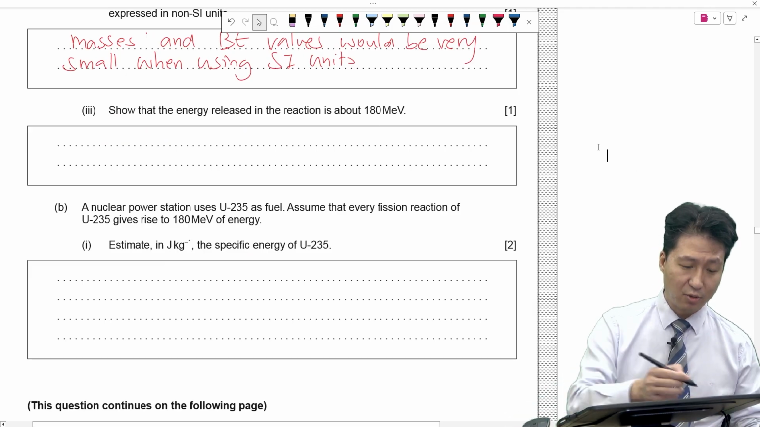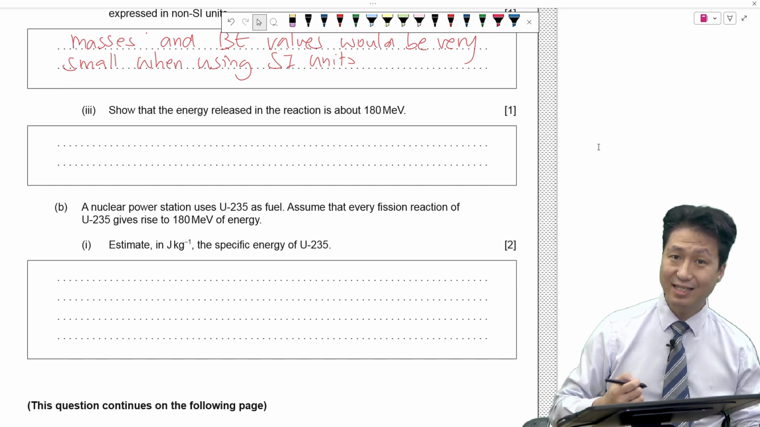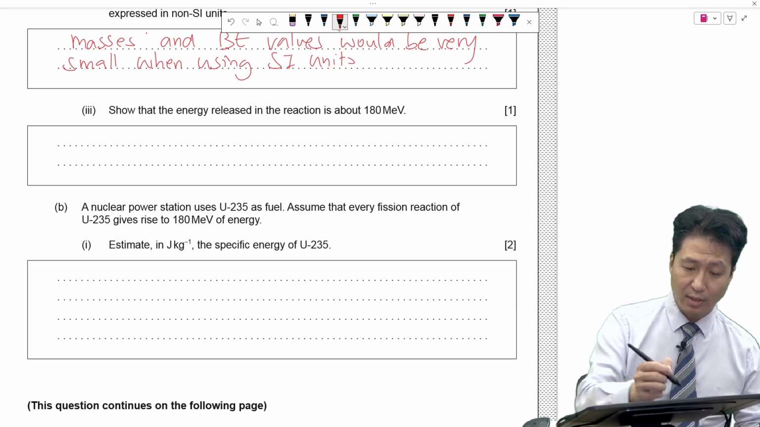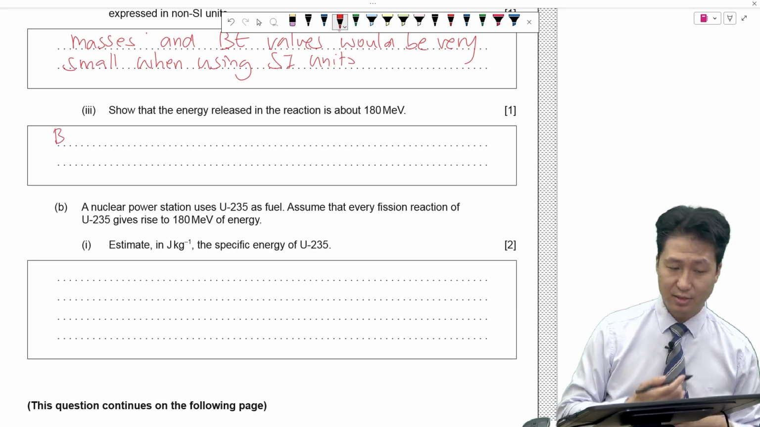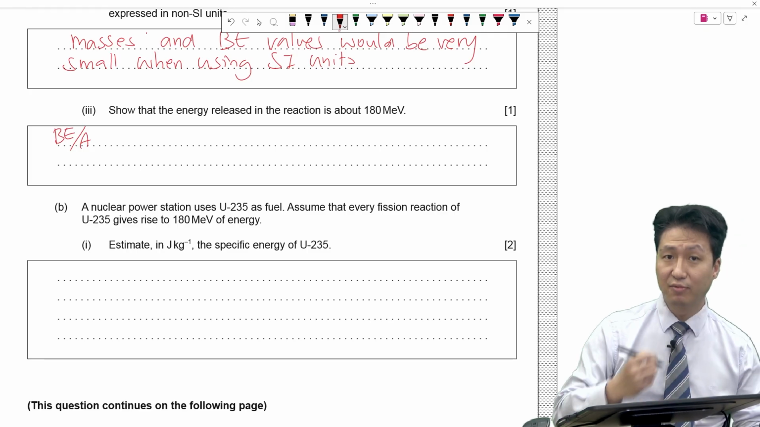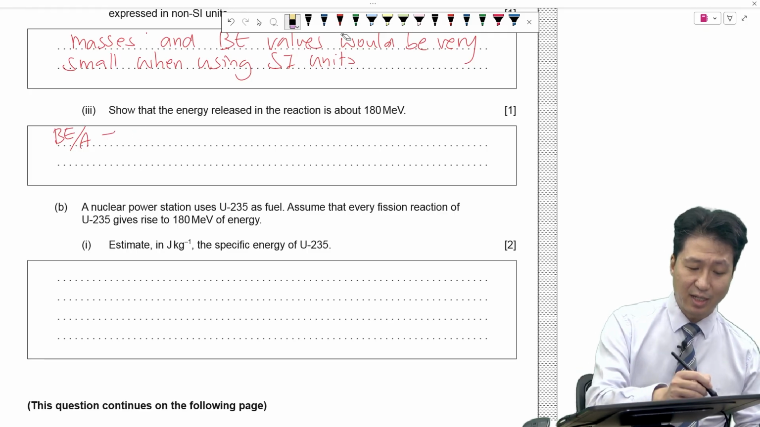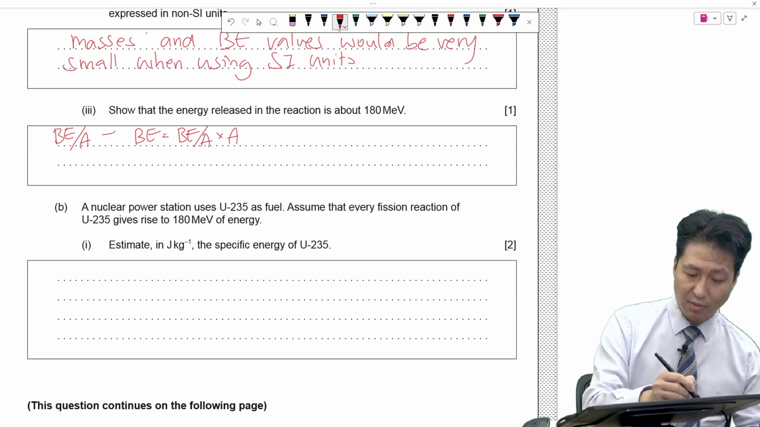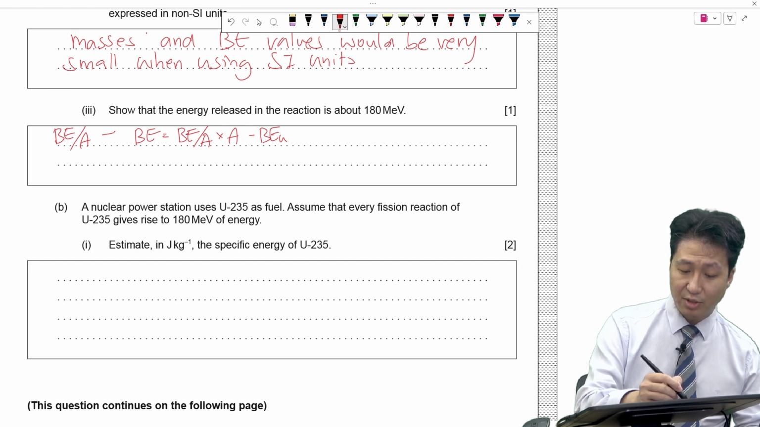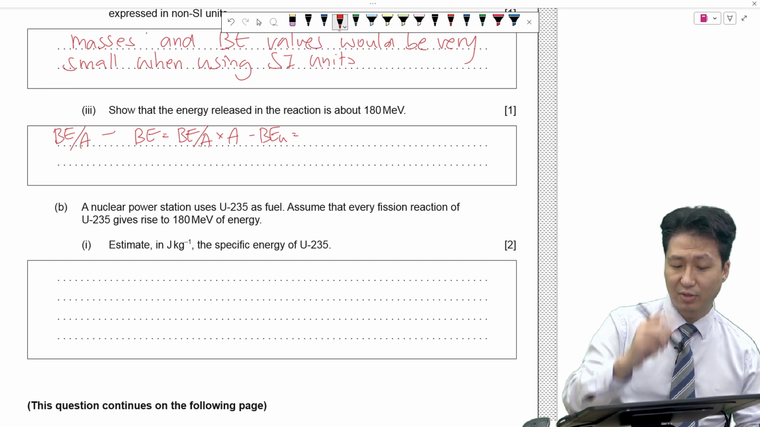Next part, Roman numeral 3, it says, show that the energy released in the reaction is 180 mega electron volts. Here's the thing though. You're given the binding energies per nucleon, which is the binding energy per the number of nucleons. In order to get the binding energy, you have to use the binding energy per nucleon and multiply it by the number of nucleons. For instance, if you want to get the binding energy of uranium, you have to use the binding energy of uranium. If you look back up, it would be,